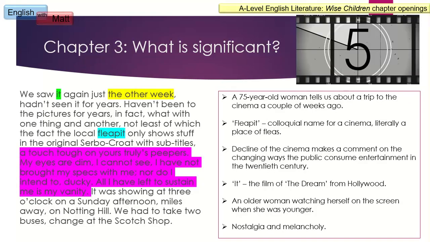Chapter 3 begins in the recent past. A couple of weeks ago, from the telling of this novel, Dora and Nora went to a cinema in Notting Hill, and they called it a flea pit, because it was literally a place with fleas. It was kind of this dingy cinema. And they went to see the film Midsummer Night's Dream, which is the film that they actually end up going to Hollywood to create in this chapter. We don't know it maybe yet, but that is what they are watching.